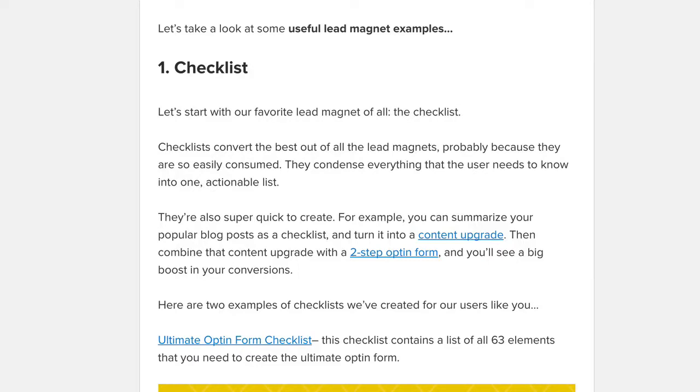Okay, since we're focusing so much on opt-in pages, which generally require you to give something away for some reason in your niche, let's talk about what some of these lead magnets are. When we give something away, that's called a lead magnet. You're getting a lead, and in return for that lead,